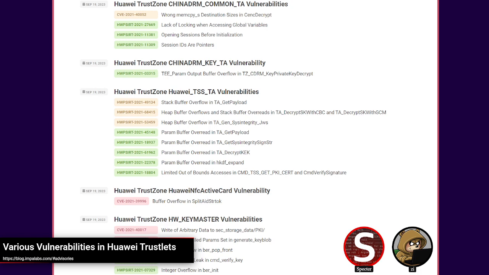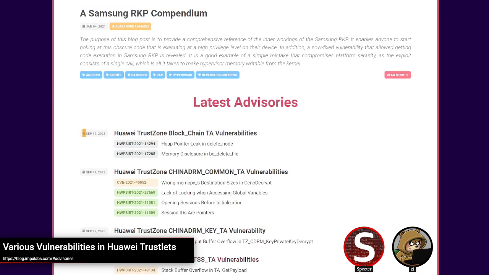Just check out what's interesting to you, but a lot of them are pretty straightforward buffer overflows and a lot of variants as well. Honestly, with these trustlets, that seems to be the common case. They're pretty insecure because they just rely on the fact that it's really hard to test and debug. So that's all the topics we have for this week.